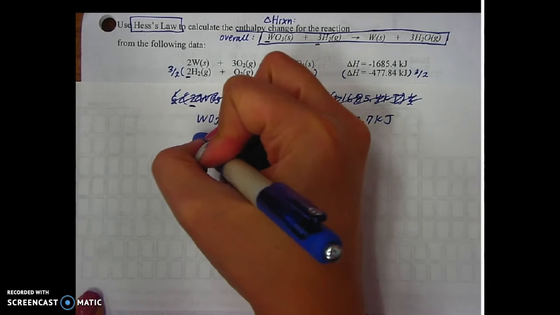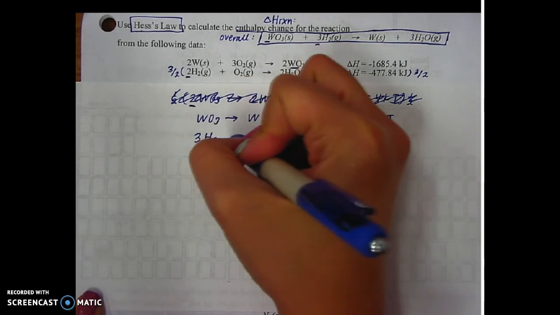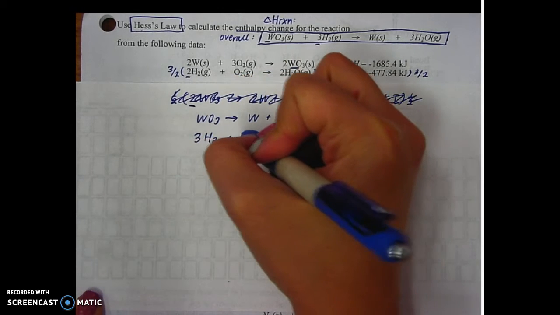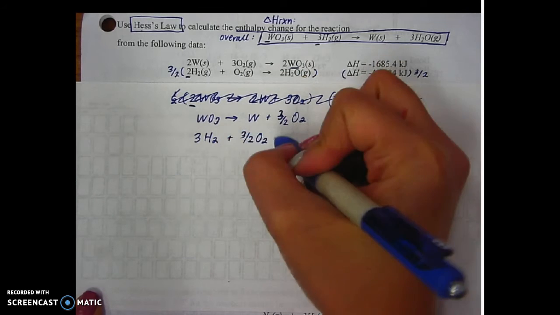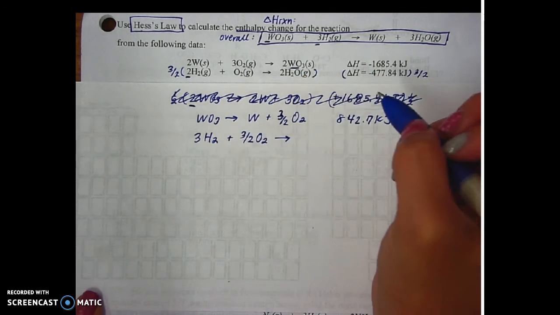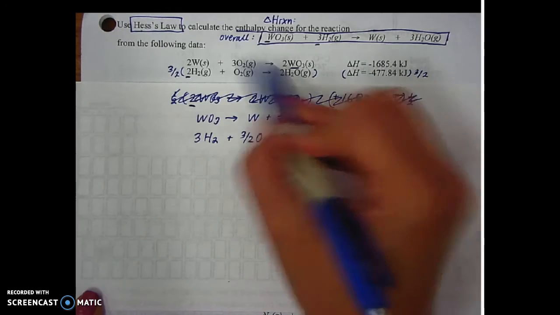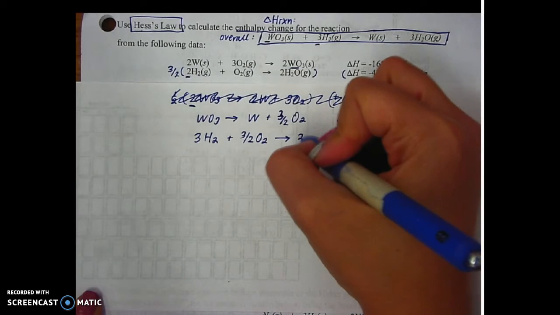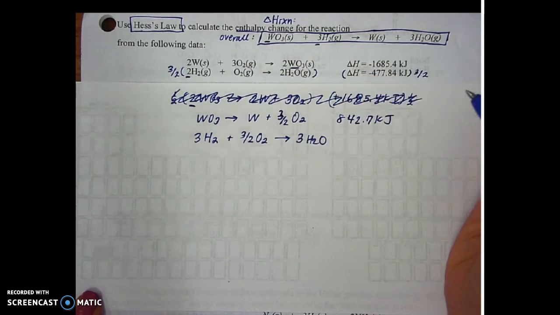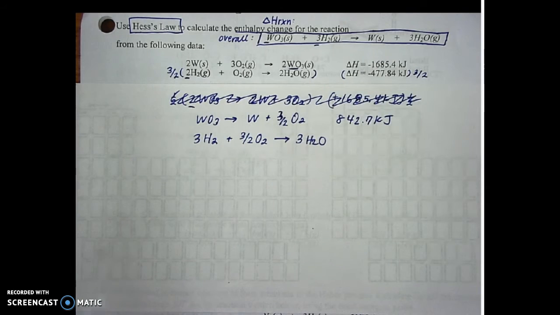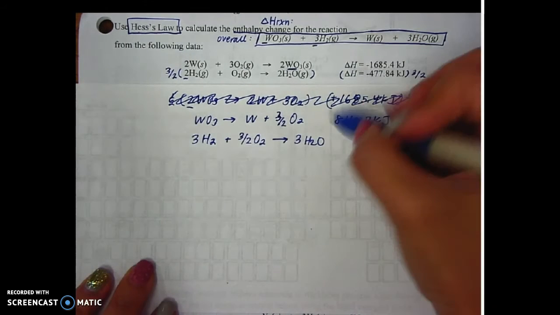So you just have 3 hydrogens, and we have 3 halves oxygens. And then we have 3 times 2, 6 divided by 2, and that would give us 3 H2Os here. And likewise, I'm going to take the enthalpy for that step and multiply it by 1.5 or 3 halves. So we got negative